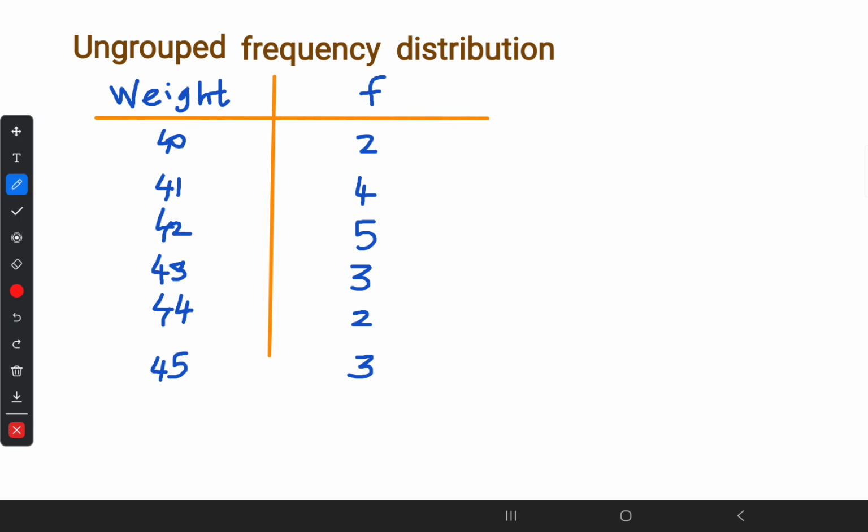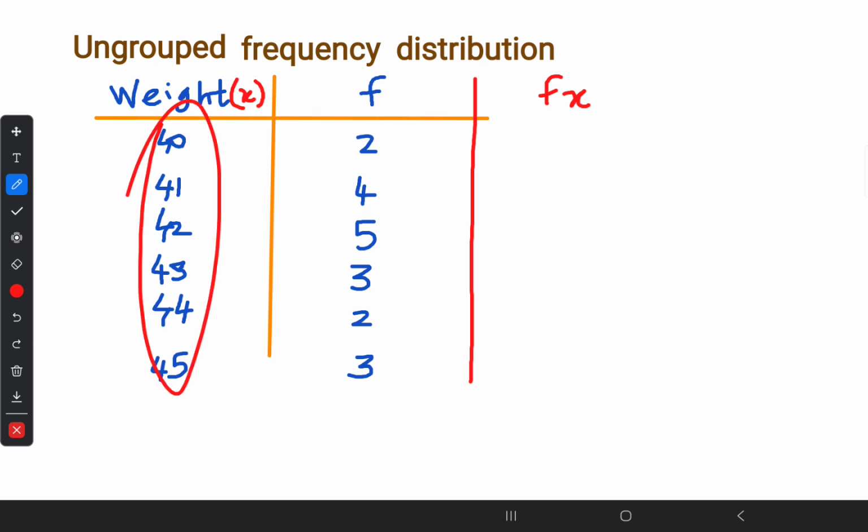To find the mean, you have to do one more thing. That is called the fx method. Here you need to include fx. x means the weight. Consider the weight as we are denoting this by using the simple English letter x. And f means frequency. You should multiply the f value, frequency, with the weight or the quantity or marks, any kind of variable.